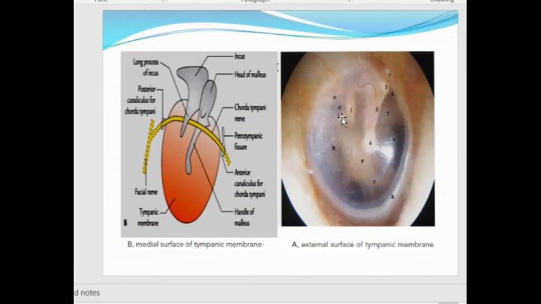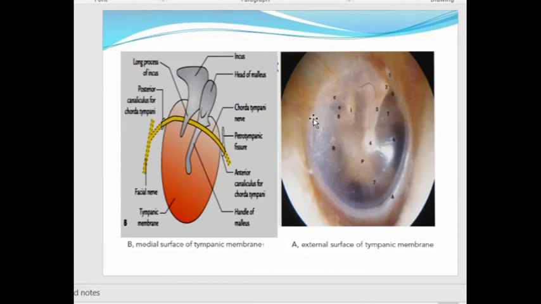These are the ossicles of the middle ear. Here we can see, if the tympanic membrane is thin, the incudostapedial joint. Now, for simplifying the description of lesions in the various compartments of the tympanic membrane, we have established an